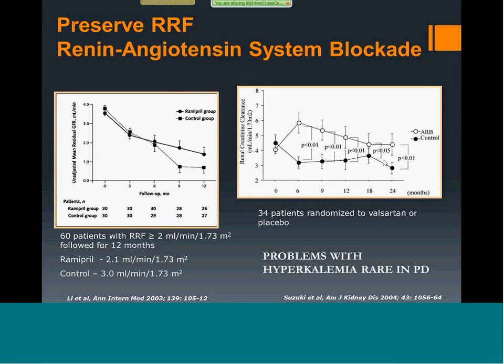One of the things about PD is that problems with hyperkalemia are rare in PD. It is very effective in keeping potassium controlled. Not just that, we are more likely to see low potassium rather than high potassium. So I think there needs to be a systematic evaluation about 2 or 3 months from the time the patient starts PD, of whether they are on ACE inhibitors and ARBs, and if they are not on it, they should be on it.